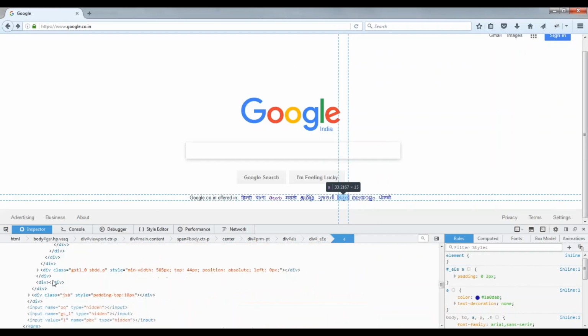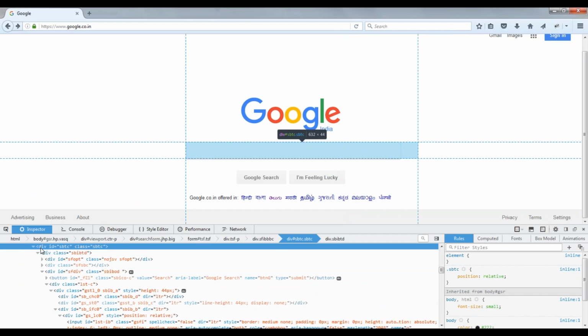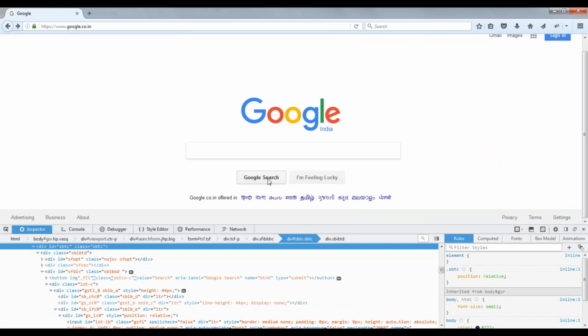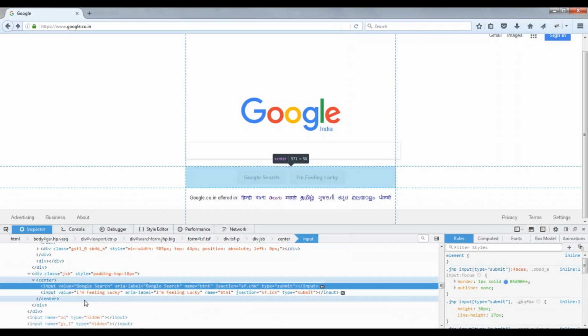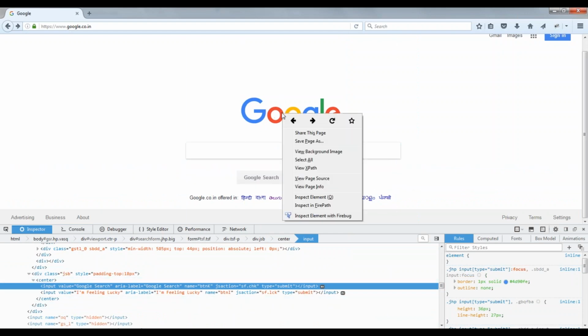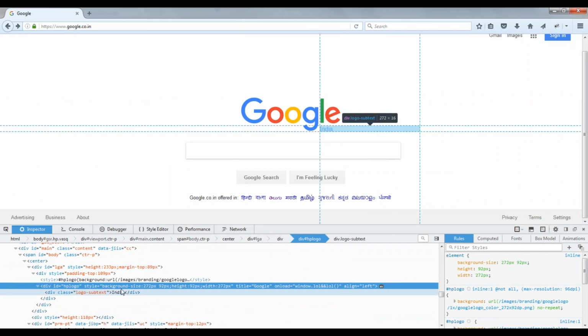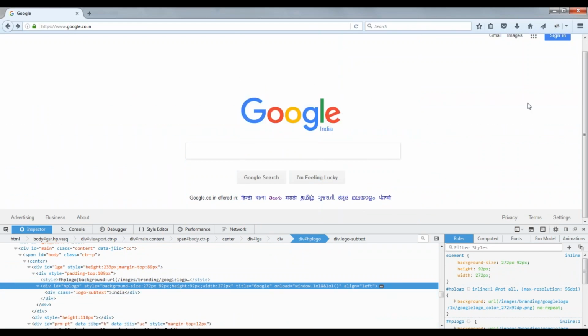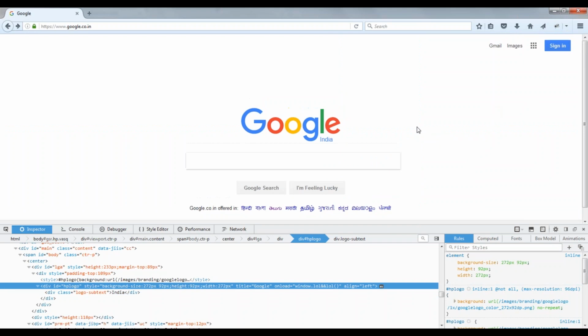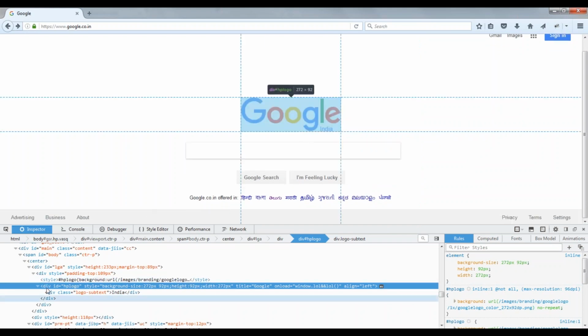If it is a division, you can see here div, that is also one tag. If it is a button, it might have a button tag, or it depends on how they have implemented it. If it is an image, you will have some image link. I think you don't have an image in this page, right? There will be some images also, so it will have a tag like img.